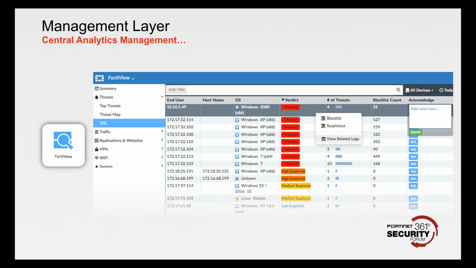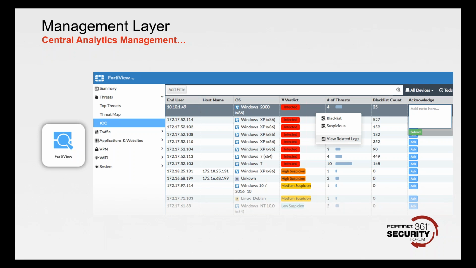Indicator of compromise is an add-on component to FortiAnalyzer. So the indicator of compromise is whereby the FortiGuard services get involved as well, and there's a component there that continuously monitors what's coming into the FortiAnalyzer, linking back into the FortiGuard services, and allows you to do some proactive reporting back in as well.